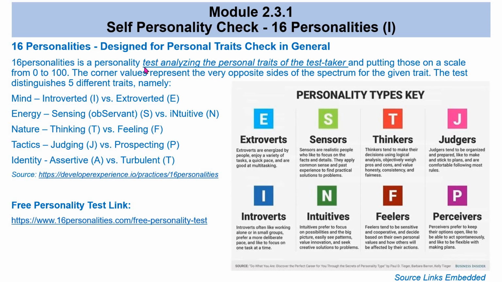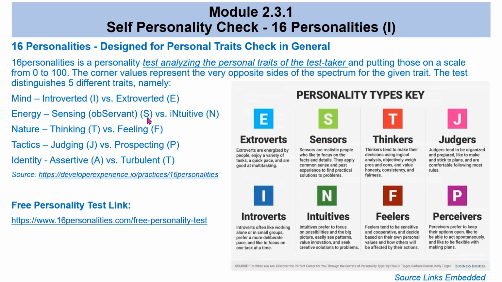And actually, it's also free to go online and take the test on the 16personalities.com site. When you do that, you make an account and you can then do the test. That gives you feedback in your account on what type of personality you are. But what is the 16 personality test actually? It is simply a personality test that tells you where your personality falls within 16 different types